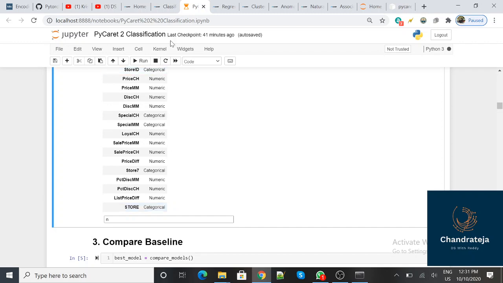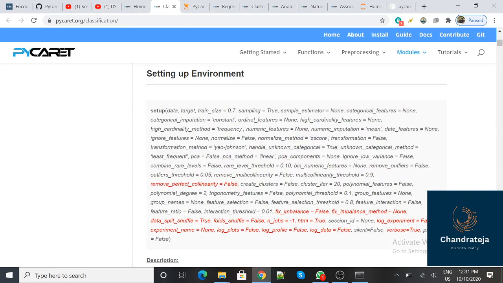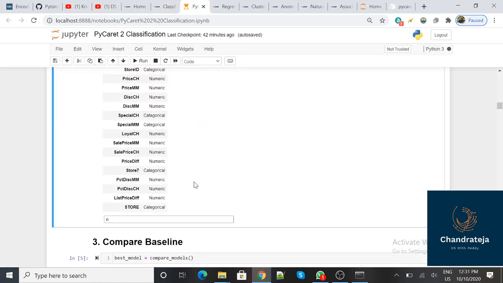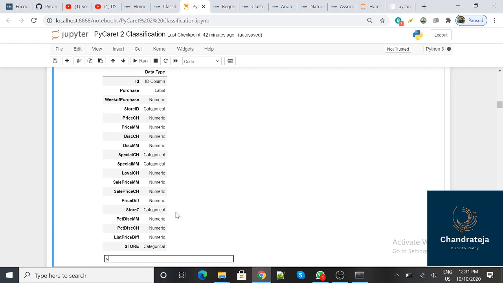You can give manual parameters as well. Let's go through this documentation and you will know that. Here I'm okay with this. These parameters are all okay.